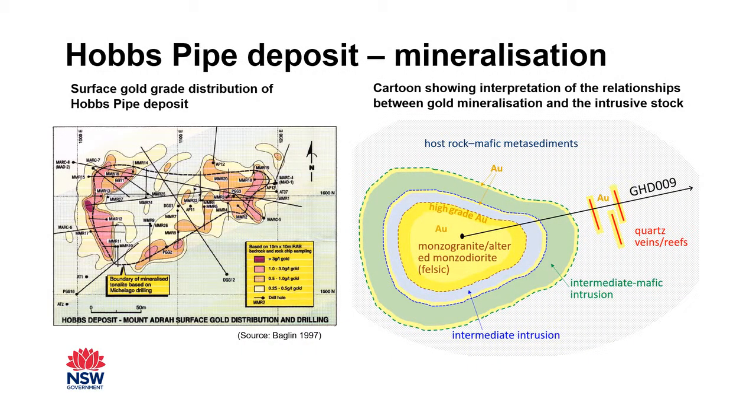Now let's zoom into Hobbs Pipe deposit. The host intrusive stock is near vertical and concentrically compositionally zoned. The figure on the left shows early exploration data indicated the basic oval shape in plan view, with slightly higher gold grades forming a concentric ring about the margins of the core. The figure on the right is a cartoon showing the interpretation of the relationship between gold mineralization and the intrusive